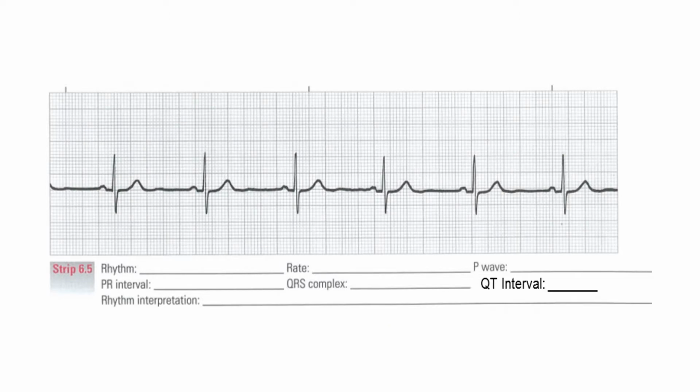The first strip is 6.5. Again, we're going to review each of these types of measurements. We're going to first determine if the rhythm is regular or irregular. So with this one, we have a regular rhythm, and it is a rate of